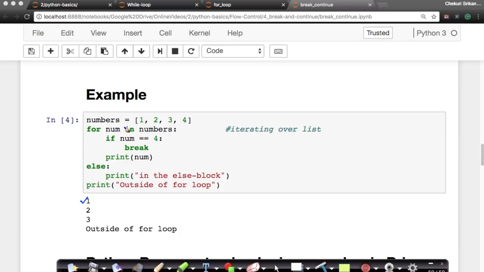Now my num becomes 2. Now my num was 1, now it will become num equals 2. Is 2 equal to 4? No. So it will just print this. So if it's not true, this is the if condition, right? It will not go into this. So print num, it will print. Similarly for 3. As soon as num becomes 4,